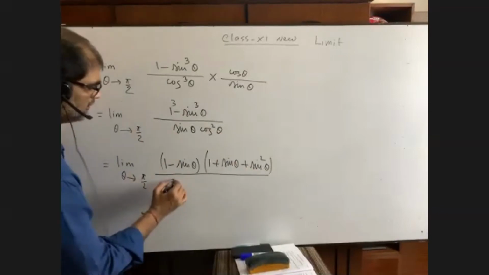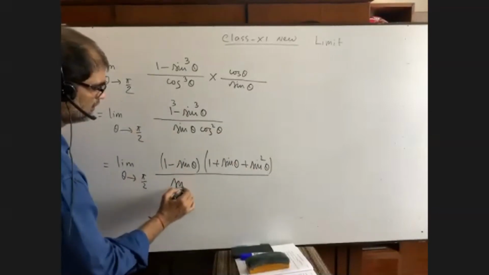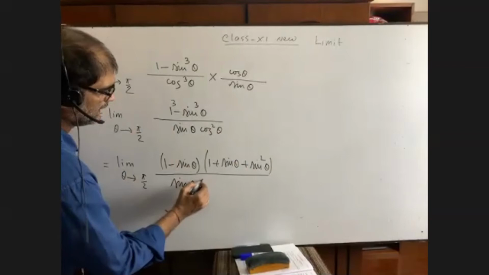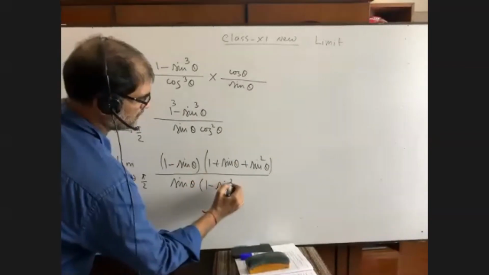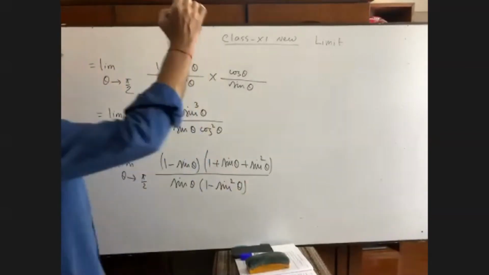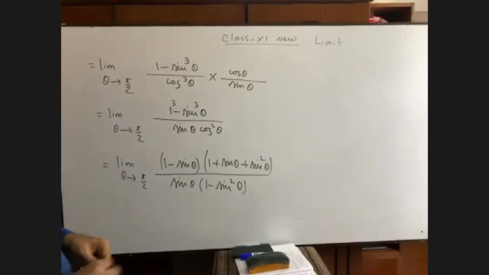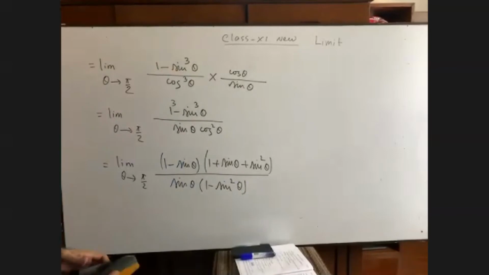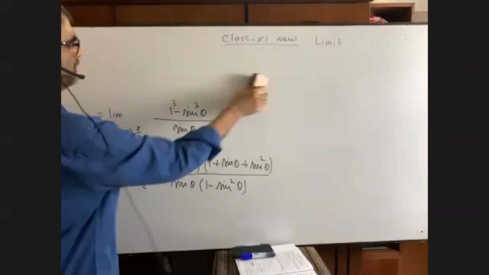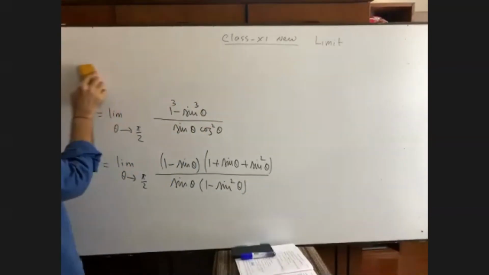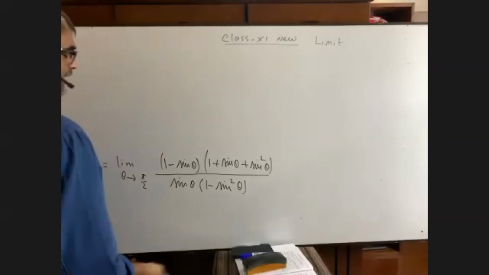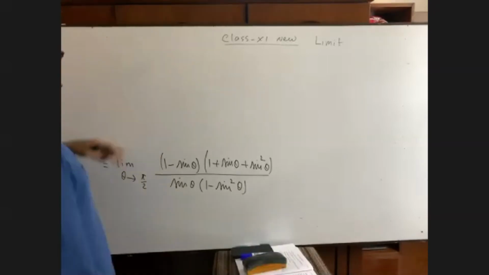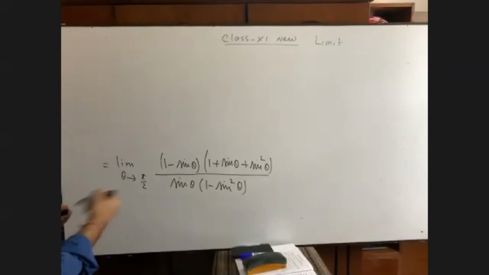Now it is sine theta, and cos square theta equals what? 1 minus sine square theta. Am I right? And perhaps you have come to know that our math is about to be done. Is it okay? If you fail to copy, you just let me know. Then I'll wait.